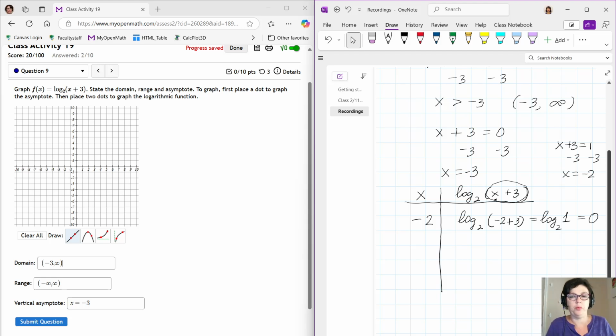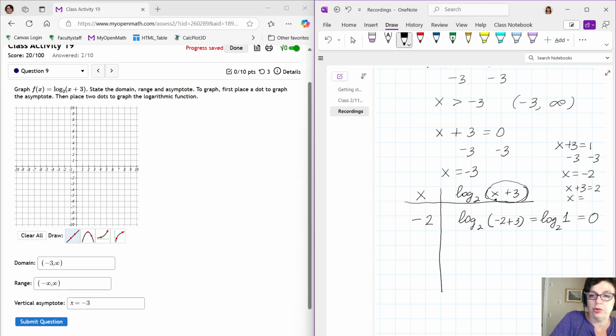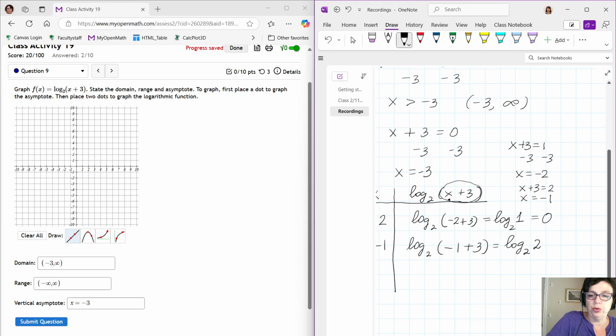So I already have 1 point here. What other point would work? Well, if I had a 2 here instead of x plus 3, that would also work because log of 2 with base 2 is 1. So when is x plus 3 equal to 2? How about that? So if I make this equal to 2, you subtract 3, that gives me x equals 2 minus 3, negative 1. So negative 1 would be the next possible value. So if I were to plug it in, that'll give me negative 1 plus 3, and that'll give me log with base 2 of 2. Now, what is that? Again, remember the logs are powers. 2 to what power equals 2? Well, that would be 1.